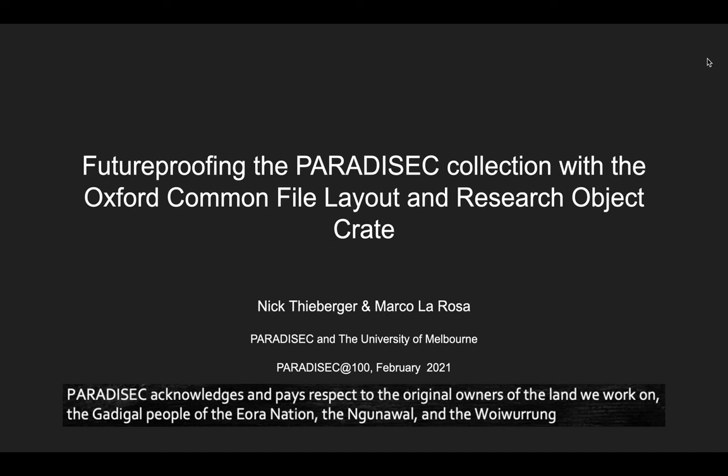We want to talk to you today about future-proofing the PARADISEC collection with the Oxford Common File Layout and Research